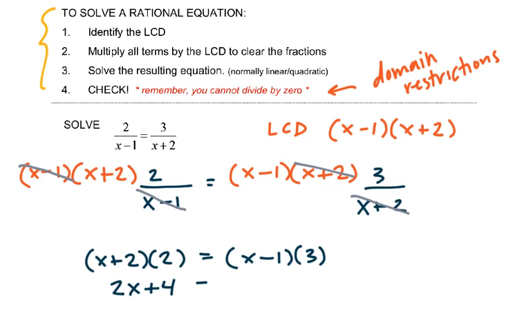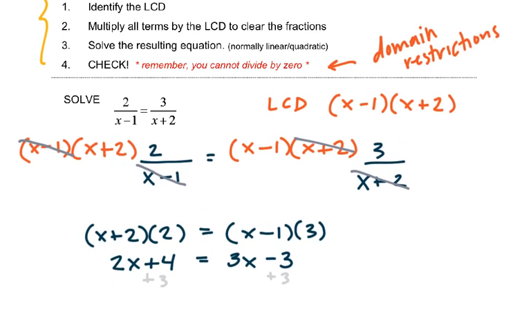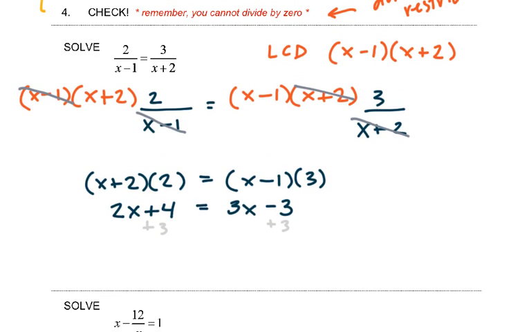So I'll distribute on both sides, 2x plus 4. On the right, I've got 3x minus 3, and then we'll go about just solving the equation as usual. So I'll add 3 to both sides of the equation. That gives me 2x plus 7 equals 3x, and then I'll subtract 2x from both sides. So I end up with x equals 7, or rather 7 equals 1x,